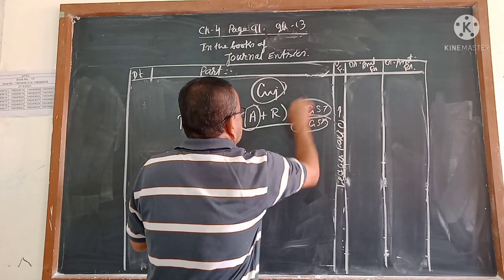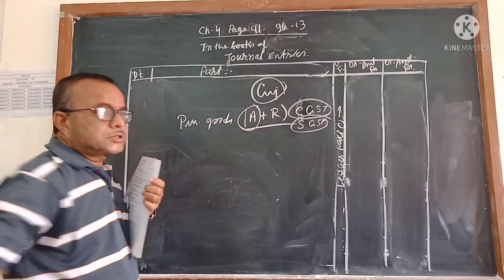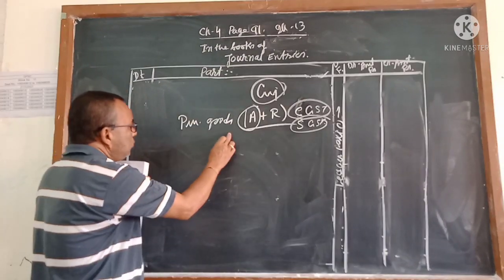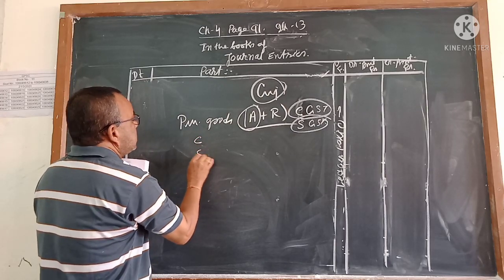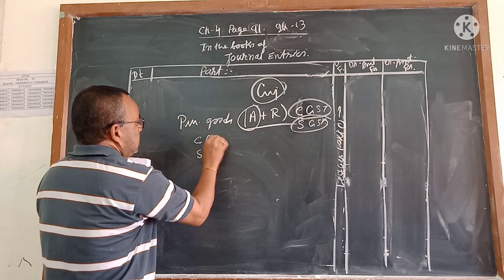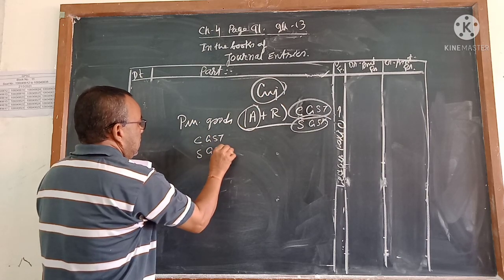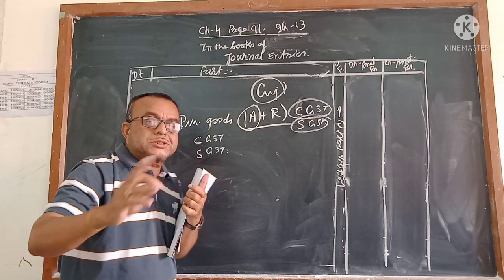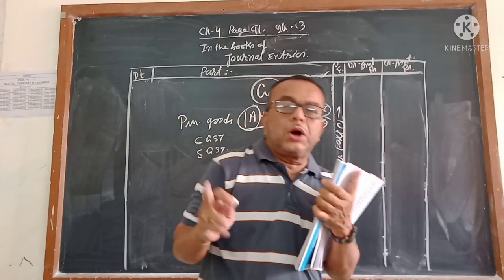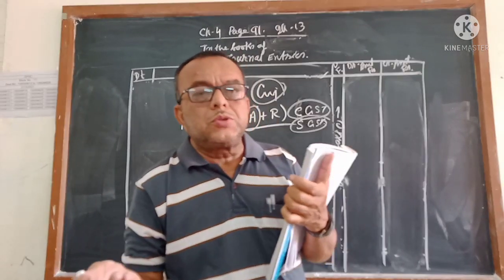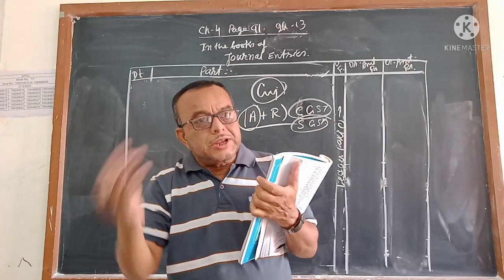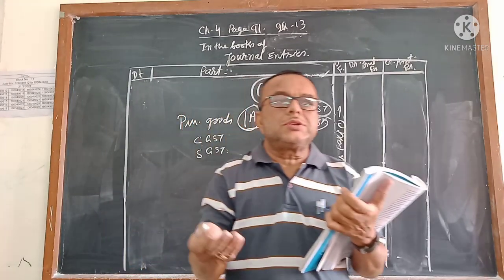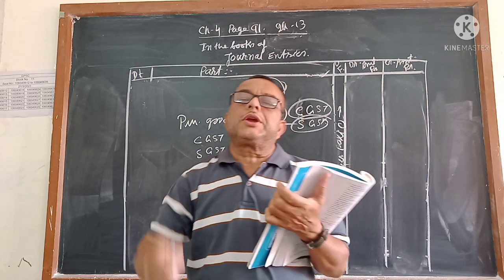Is it not? And if it is a purchase transaction, then the purchase account will be debit. Then here the central and the state GST will also be applicable. Purchase account of course will be debit, so GST also will be debit. If it is a sale transaction, then sales account is credit and GST also will be credit.